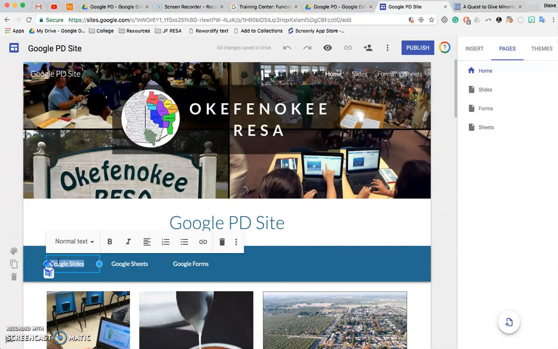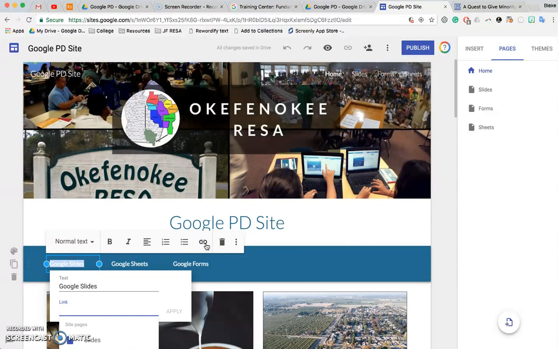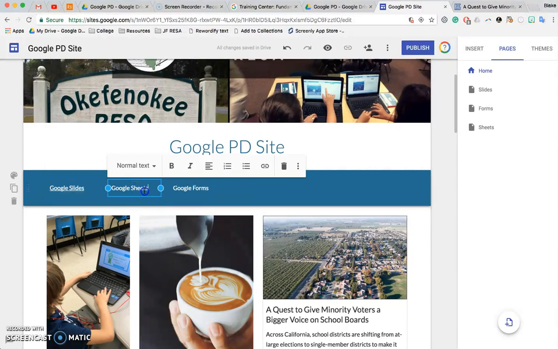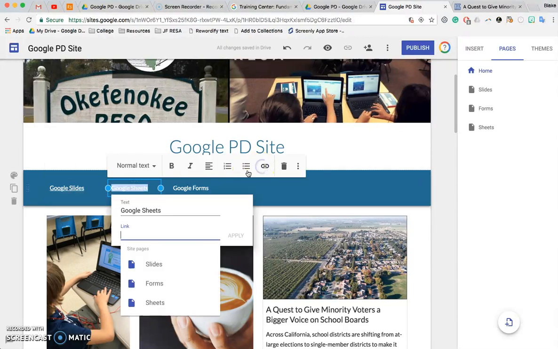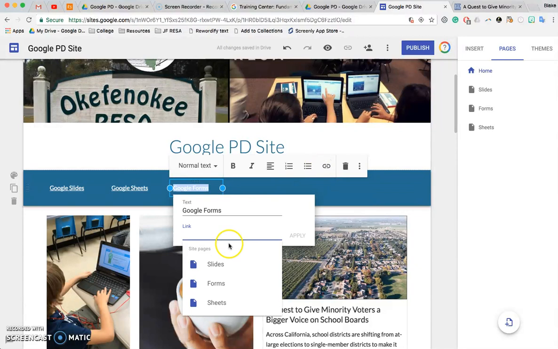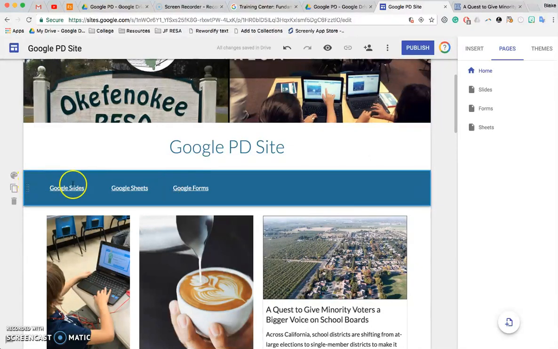So I can actually highlight this text. I can insert a link, and I can actually just pick the one. Since it's Google Slides, I click Slides, I click Apply. Sheets, I highlight the text and do the link, and I do Sheets, Apply. Forms, I do the same thing. Insert link, Forms, Apply. Okay, so now these are links to get me to these particular pages, and now I